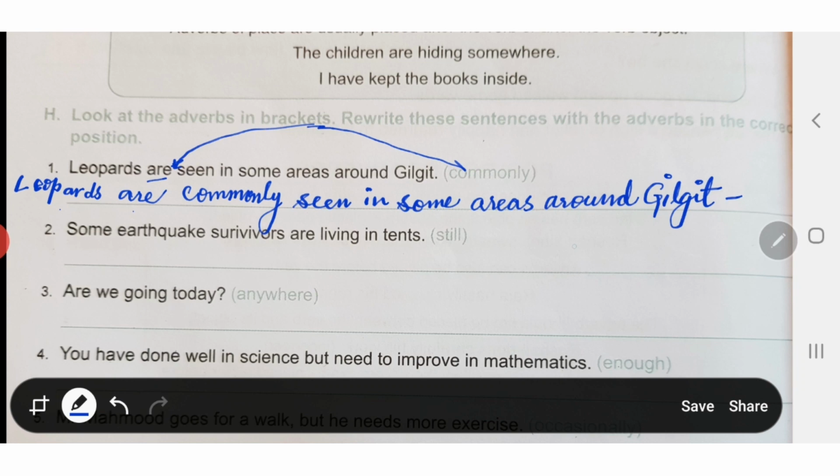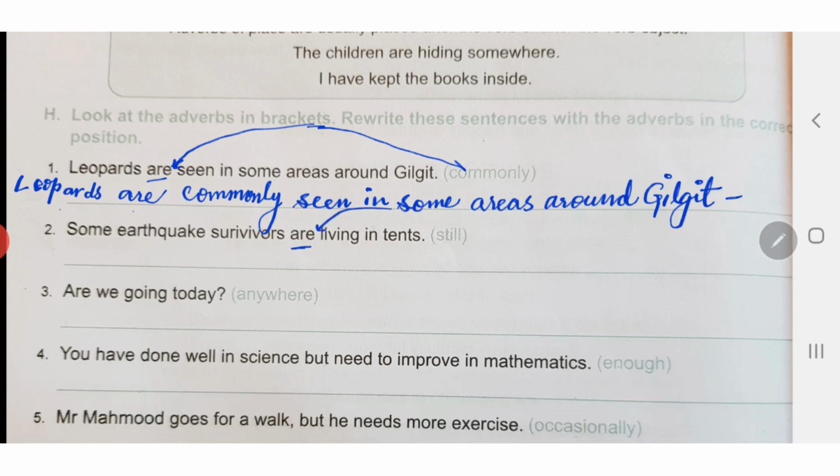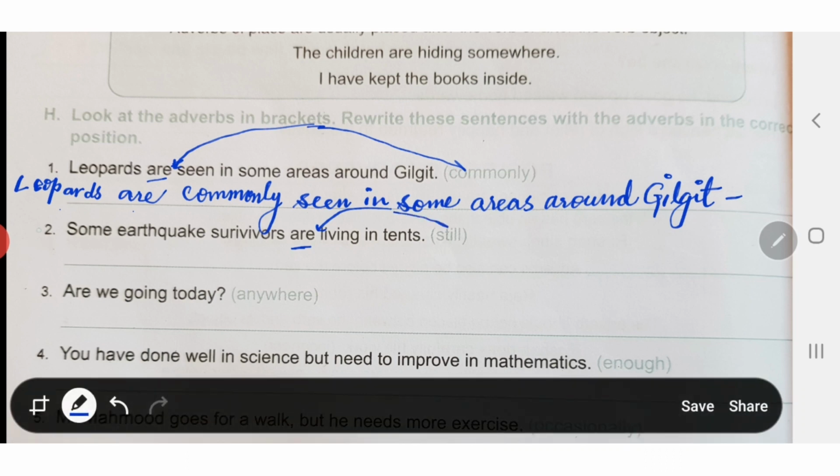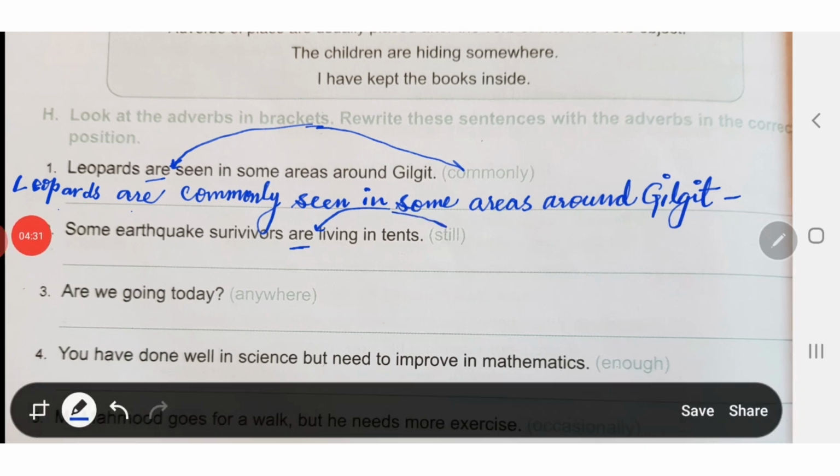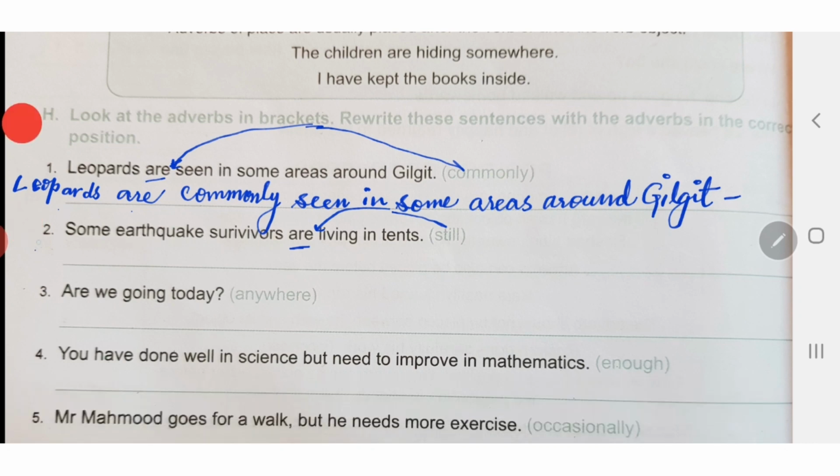Let's come to number 2. Some earthquake survivors are living in tents, and the bracket says still. Okay, so students, let's focus. We have the helping verb here, are. So let's position it here to make our sentence very meaningful. Okay, so let's start writing. It will become: Some earthquake